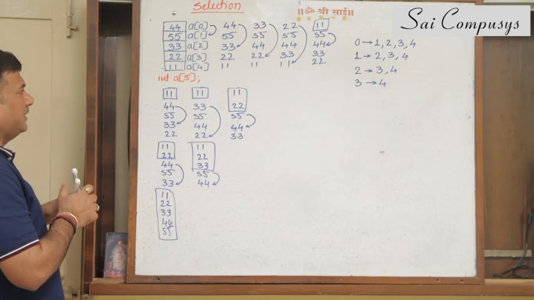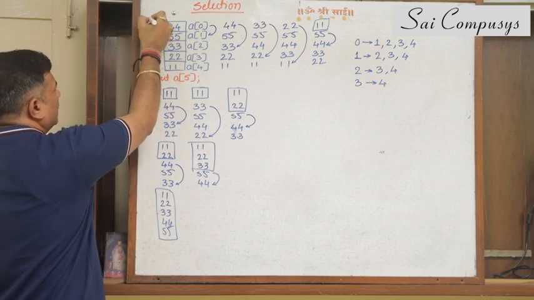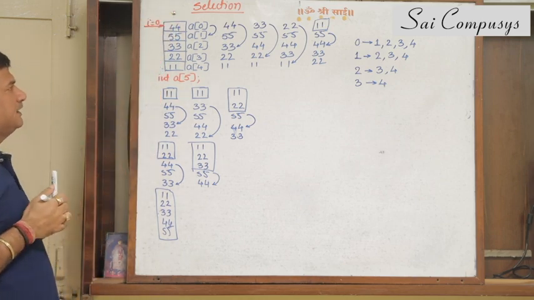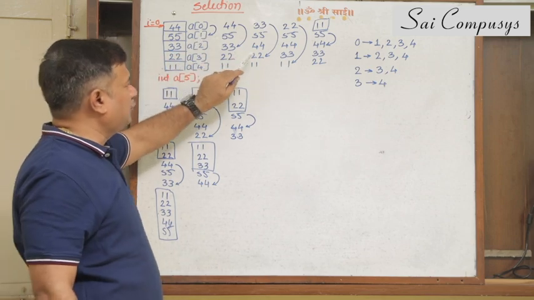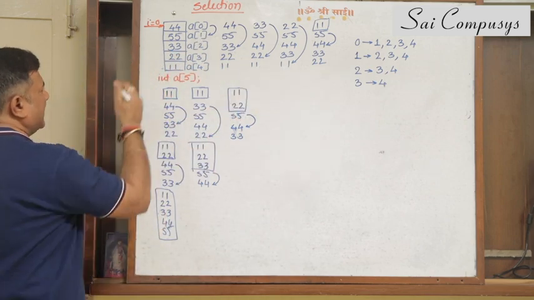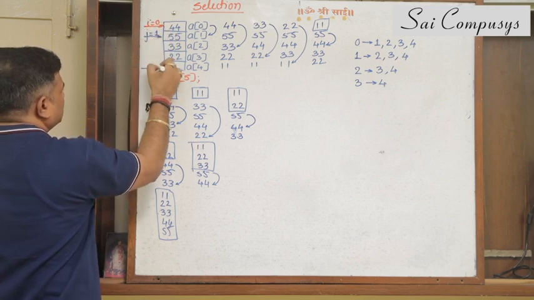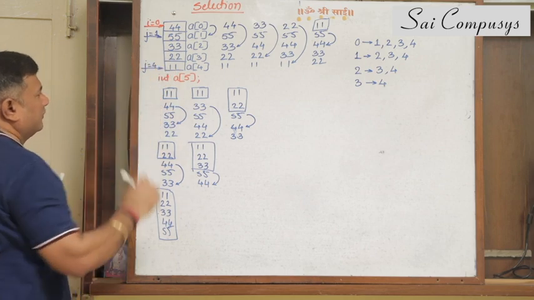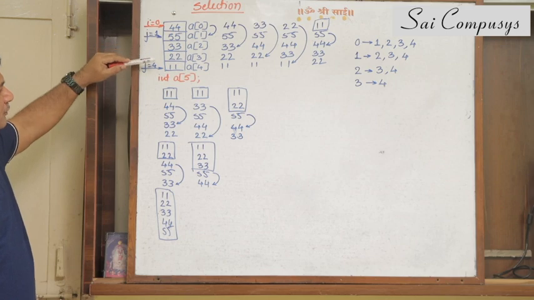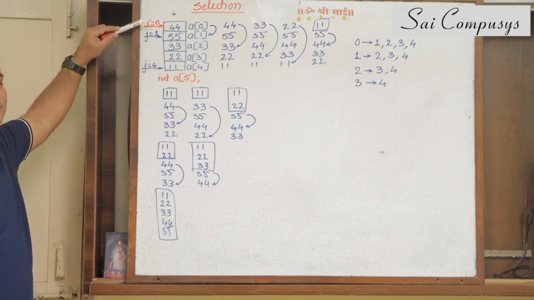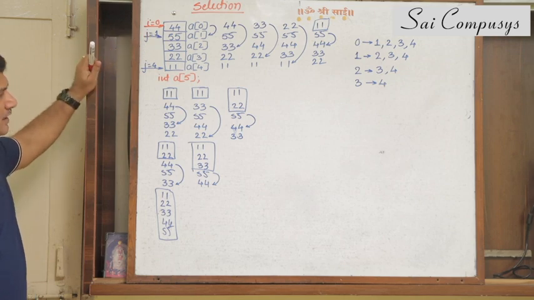Now to select each element, I'll again use a loop. I wish to select A of 0, so I'll use a loop of i which is placed on 0. Now this A0, as you know, has to be compared with A1, A2, A3, A4. So to access A1, A2, A3, A4, I'll take a variable j whose initial value starts from 1 till 4. So what is the logic? The 0th number has to be compared with 1, 2, 3, 4. To go on the 0th element, I have the loop of i, and to access 1, 2, 3, 4, I have the loop of j.